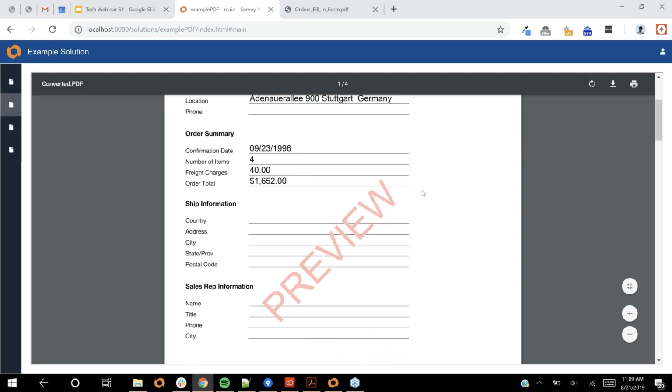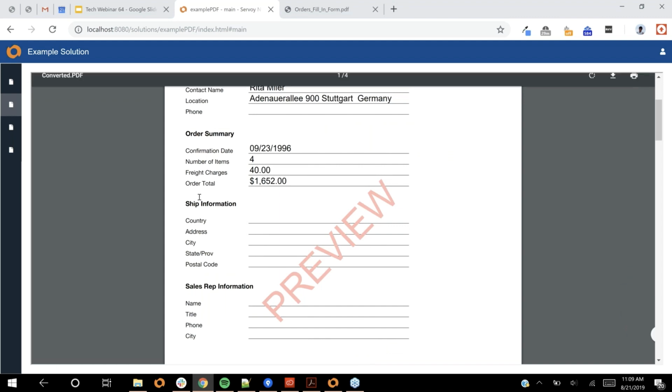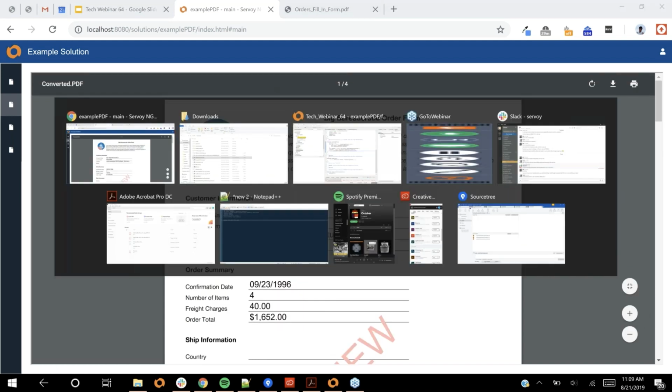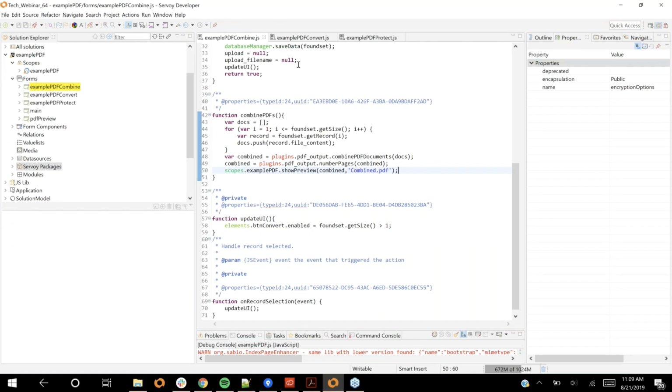So here I'm stamping it with a text preview. So you can do an overlay image or overlay text. So I'll go back to the Servoy developer and show you how that was done. In this case,